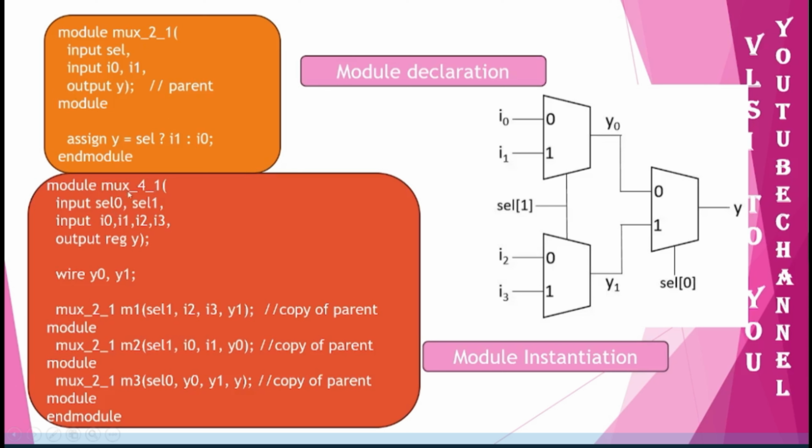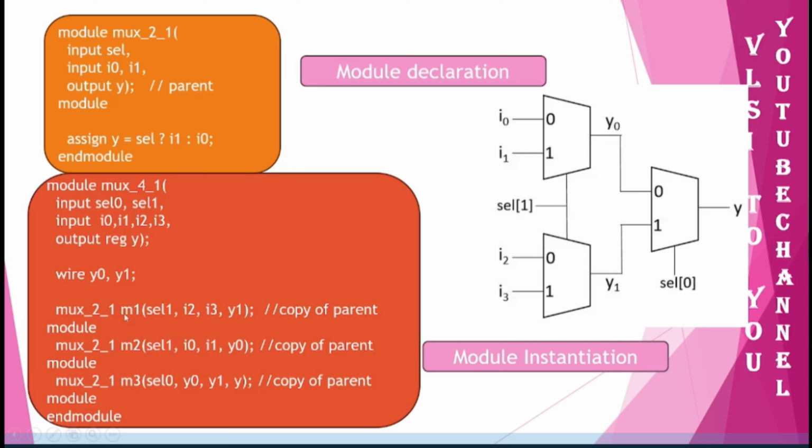Now what I have done, I am taking my 4 by 1 mux. Since it is a 4 by 1 mux, it has two selection lines: selection of 0, selection of 1, and then four inputs I0, I1, I2, I3, and then one output. Along with that, it has some internal connections, Y0 and Y1. With this, this is my mux to 1. Since I am having 3 muxes, I am making 3 copies, 3 2 by 1 muxes, and depending upon the connections it has,